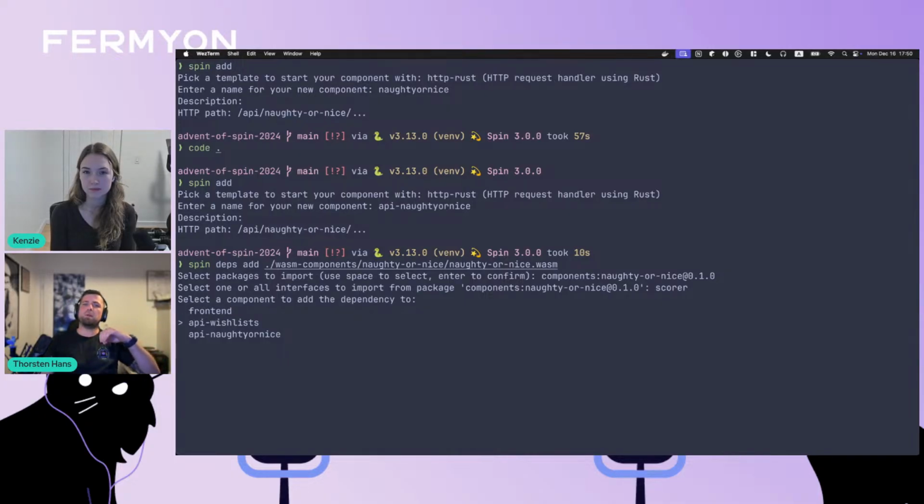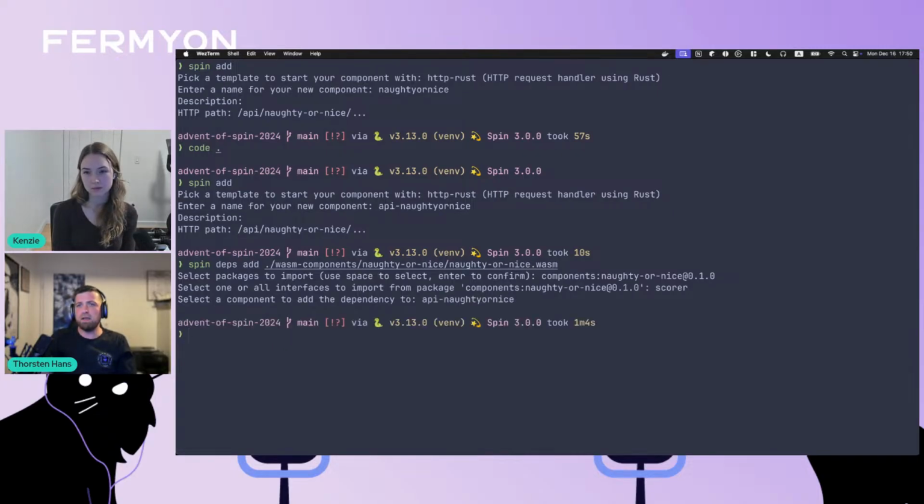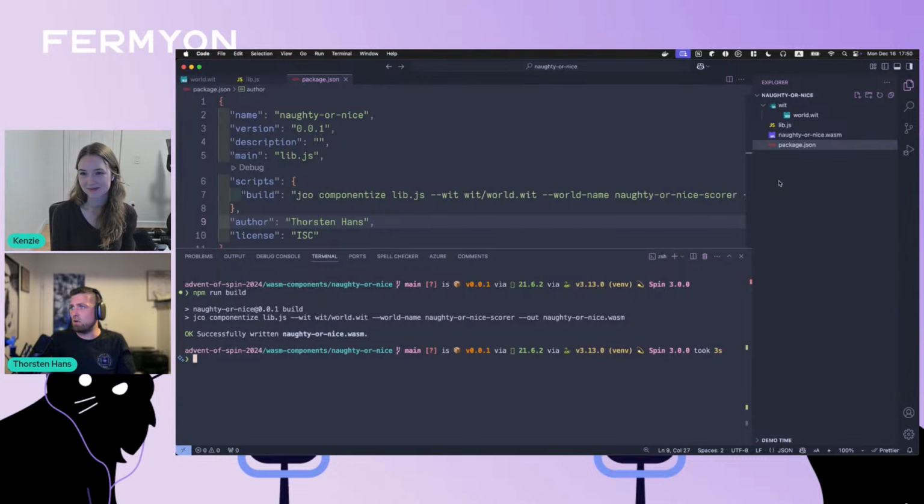and now it iterates over all the components of the current Spin app and asks, hey, which component should I add this as a dependency? So we ensure to select the API Naughty or Nice over here. And there we are. What happened right now is that if we go back to our